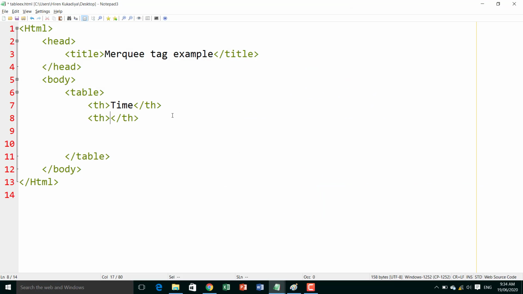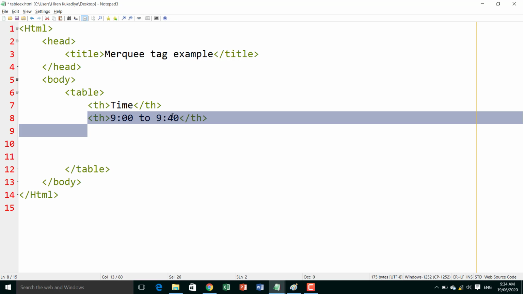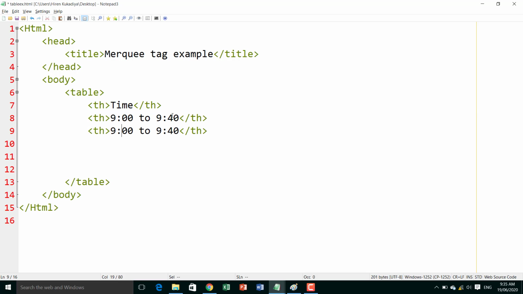So the second column name is 9 to 9:40, and the third column name is 9:40 to 10, suppose 20 later. So this is our column name.